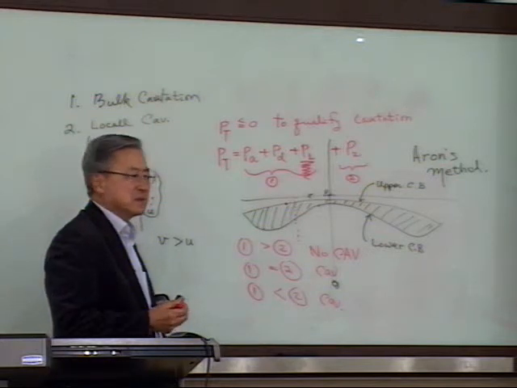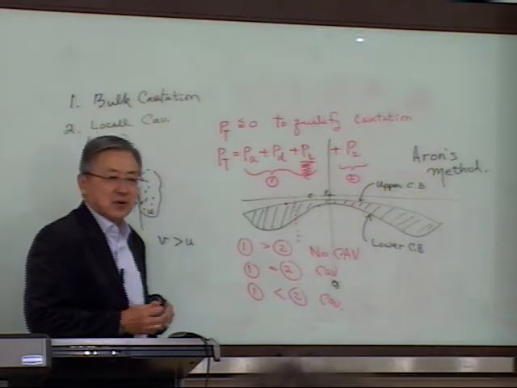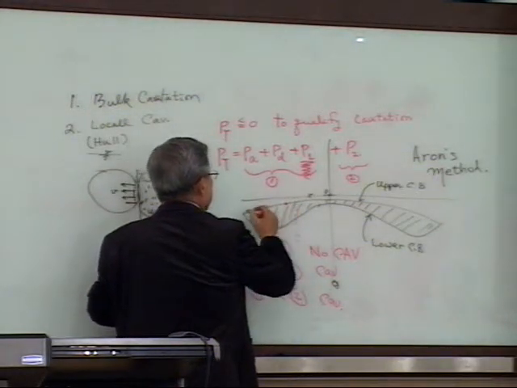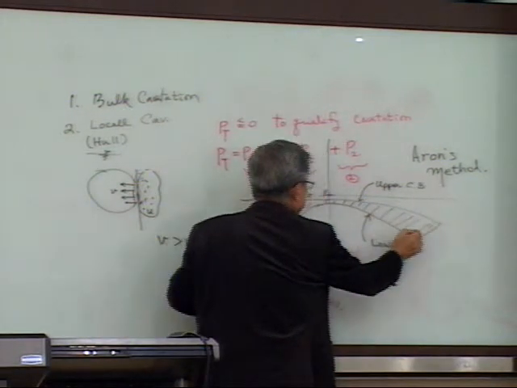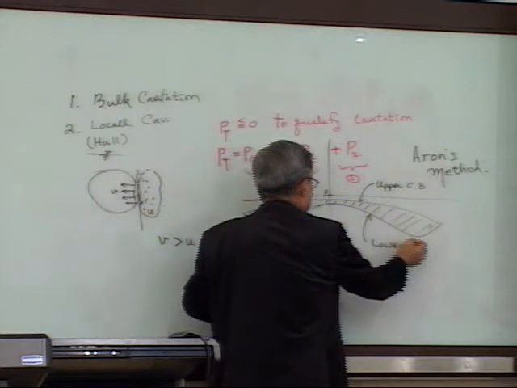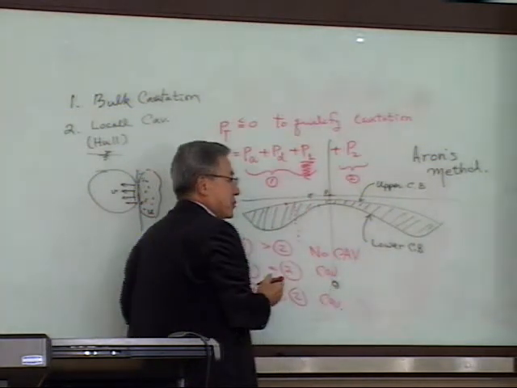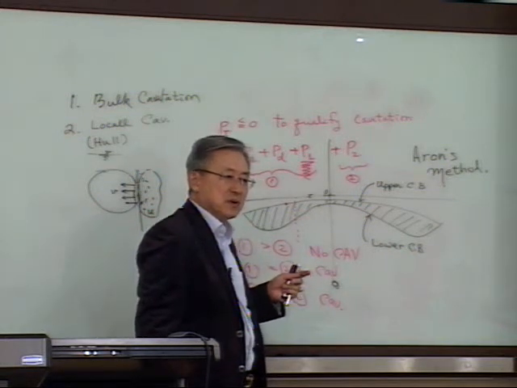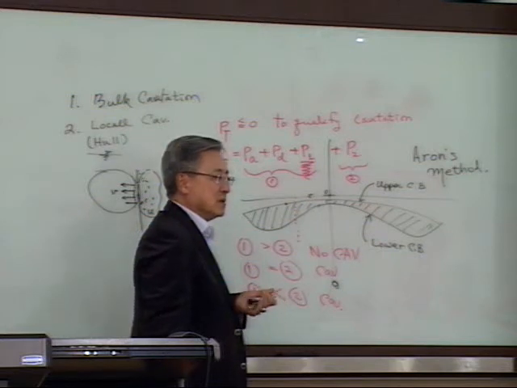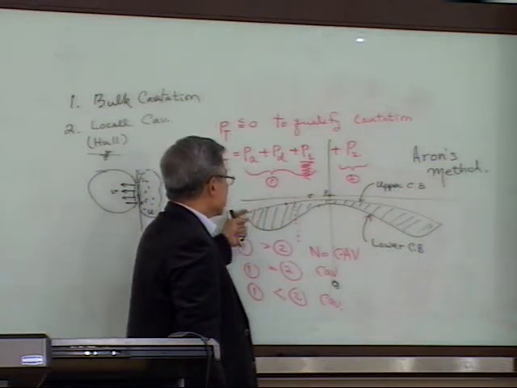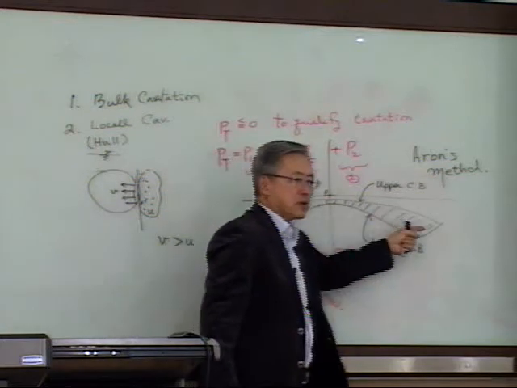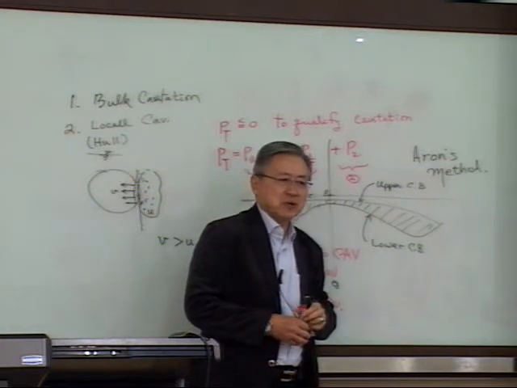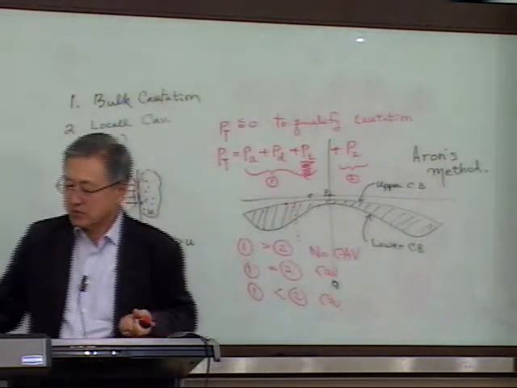This is very important. And of course, this relation is true at any point within this zone, whether it's the lower cavitation boundary or upper cavitation boundary. This is all true, nothing but true. But Aaron's saying it is very easy to find using this for the upper cavitation boundary, but not that easy for the lower cavitation boundary. So he proposed